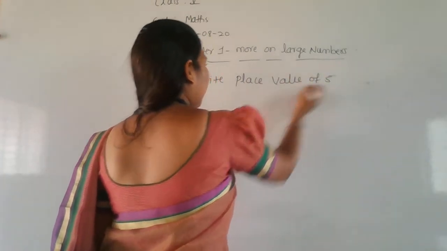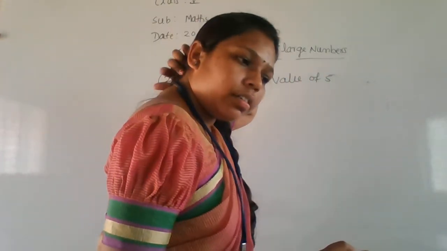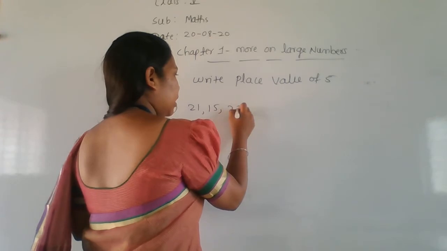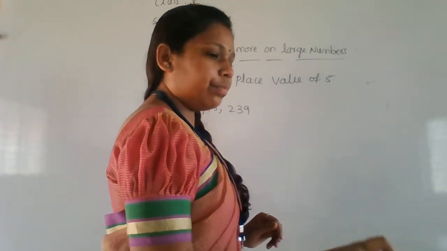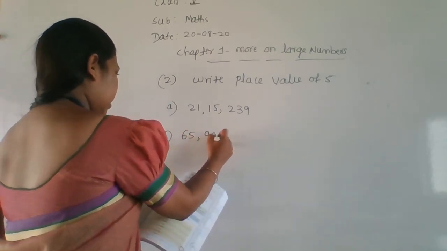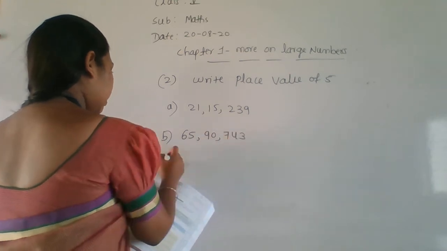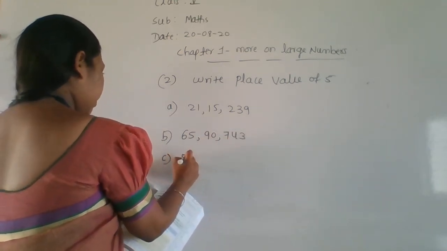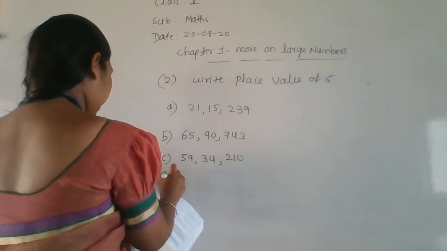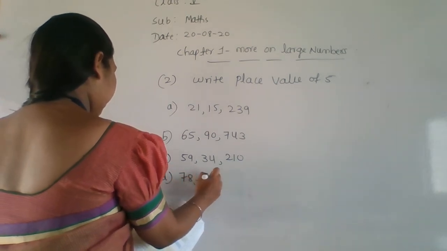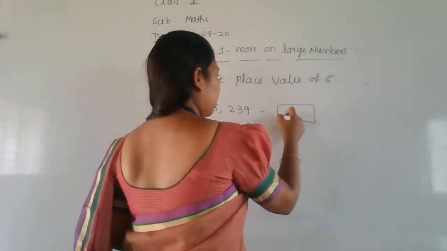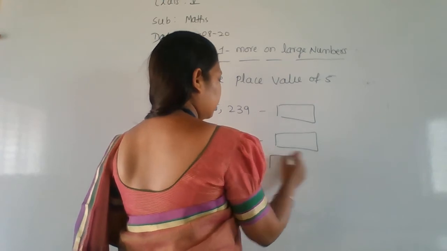Place value of 5 here, and 8th one is 21,15,239, and B one is 65 lakh, 90,743, 59 lakh, 34,210, 78 lakh, 54,109. So you have to write the place value of 5 in front of that the numbers they given here